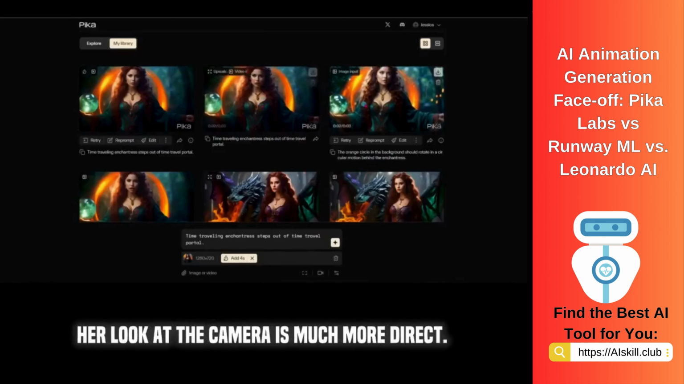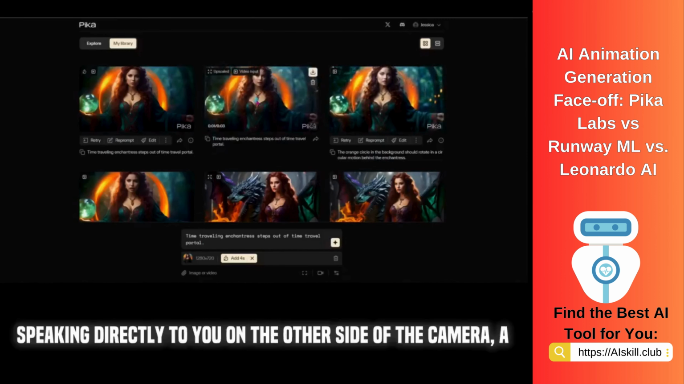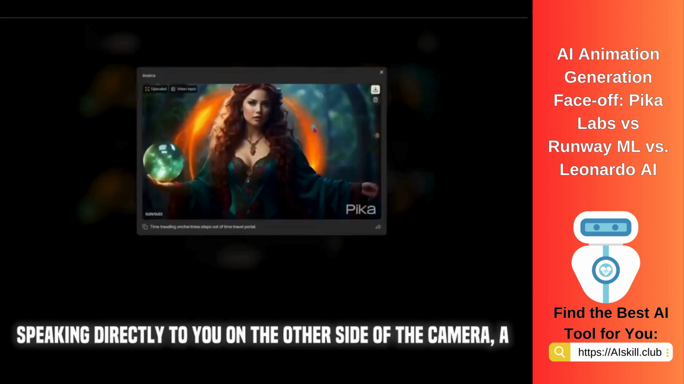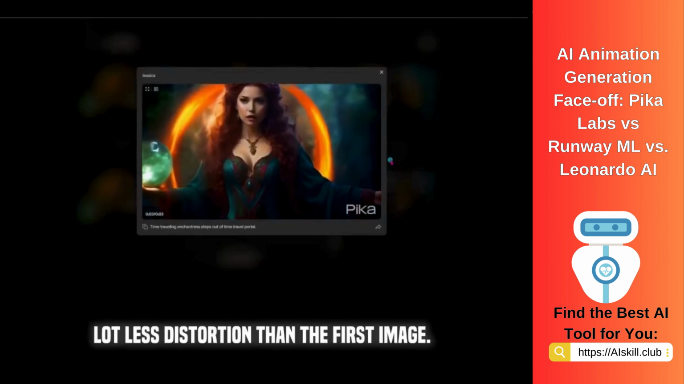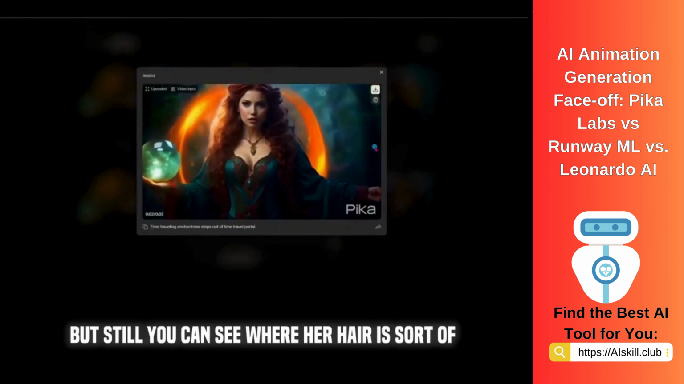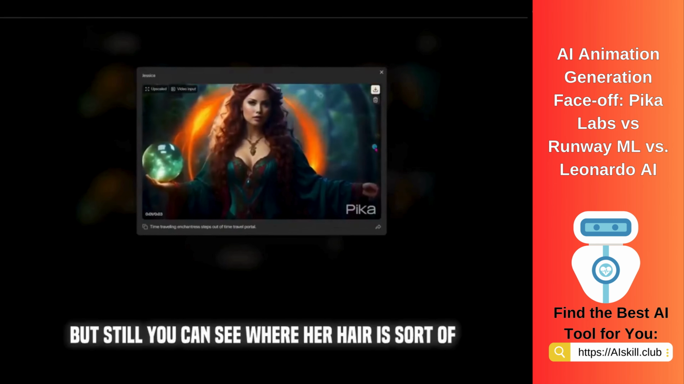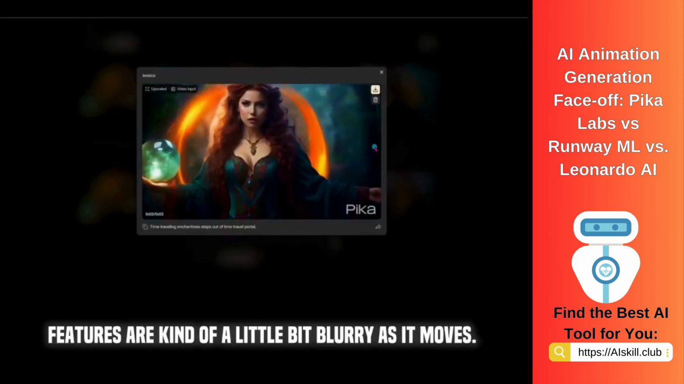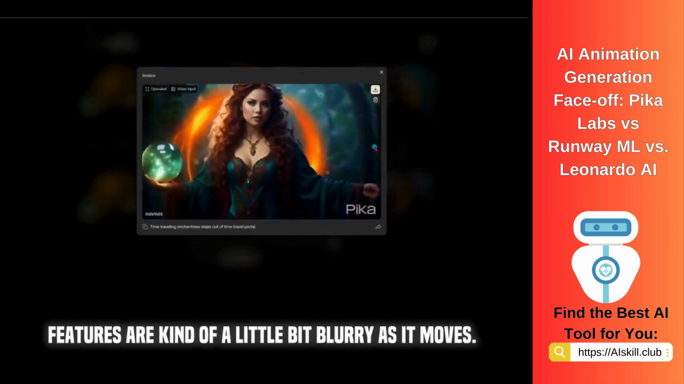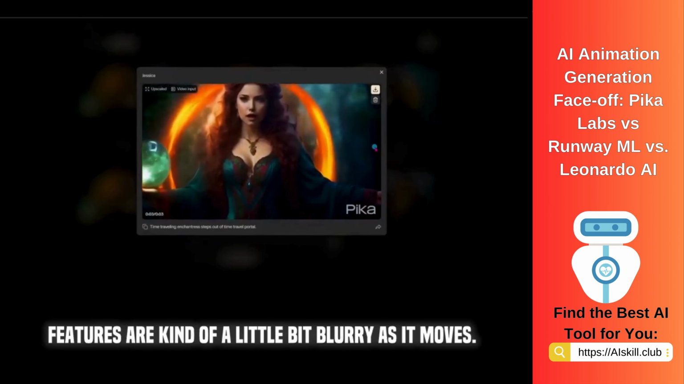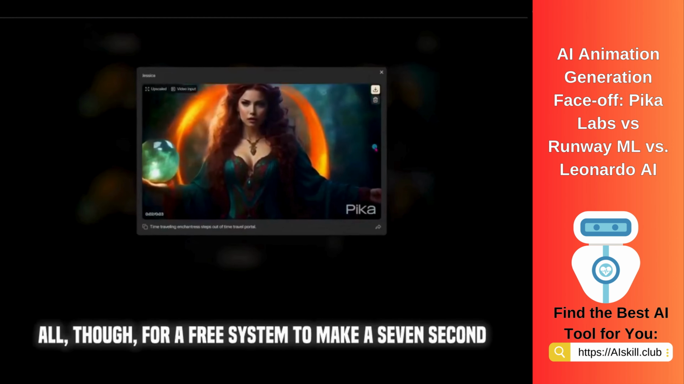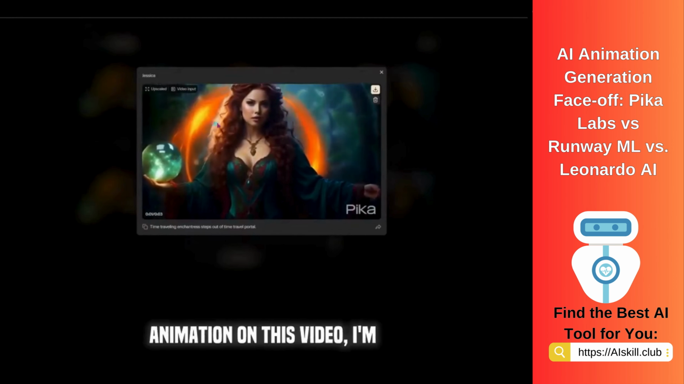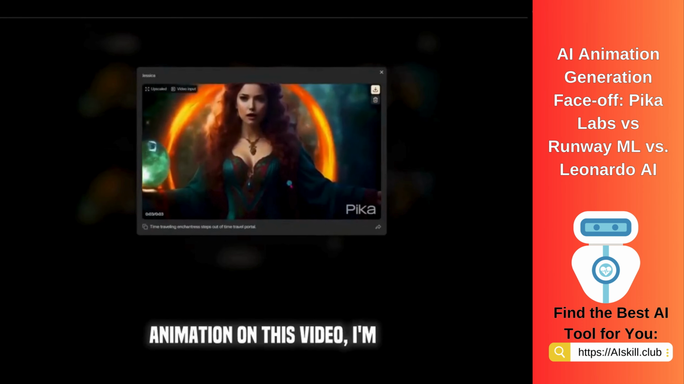Still talking, her look at the camera is much more direct. She looks like she might be speaking directly to you on the other side of the camera. A lot less distortion than the first image, but still you can see where her hair is sort of meshing together and her features are a little bit blurry as it moves. All in all though, for a free system to make a 7-second animation on this video, I'm very impressed by